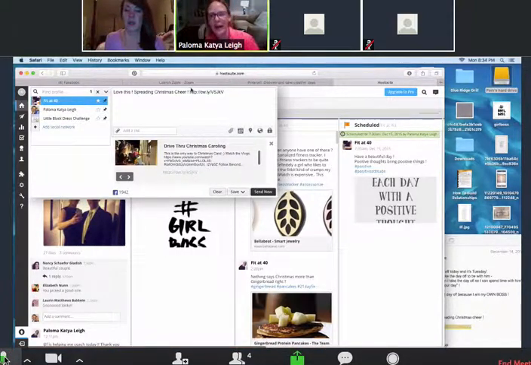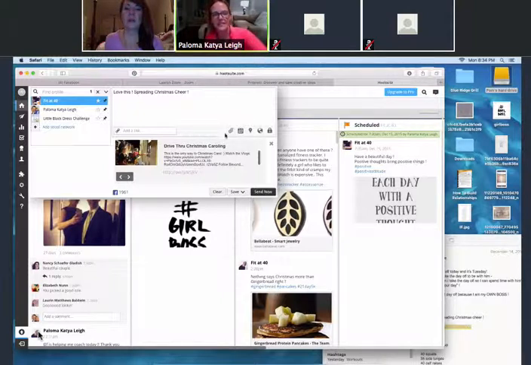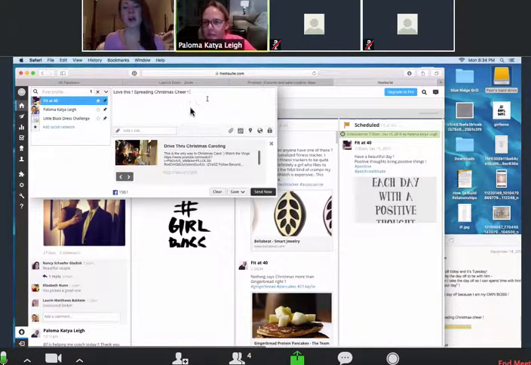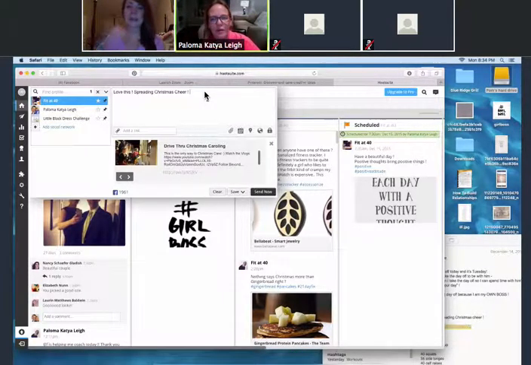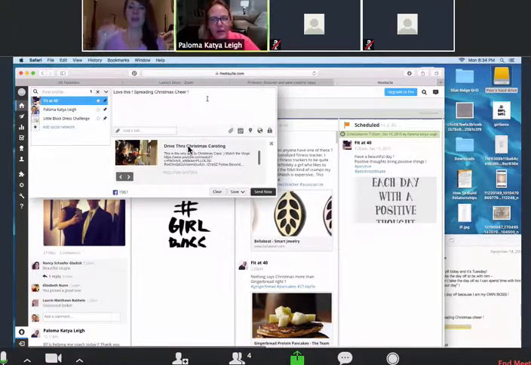What I always do, I take this off because I don't like that to show up in my text. You don't have to. As long as after you put it on the specific page, whether it's your like page, your personal page, a group, as long as it shows down on the bottom, then you can erase that top part. And then you would just go send now, once you set the time. You can send it now if you want. It's another way you can do it, but I don't use it. I go to the calendar. Send things now, there's no point.